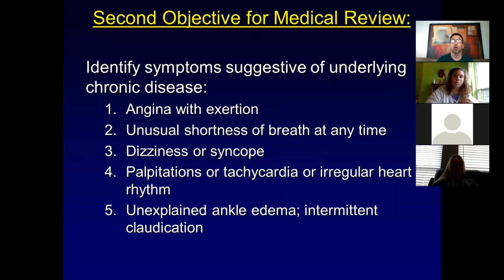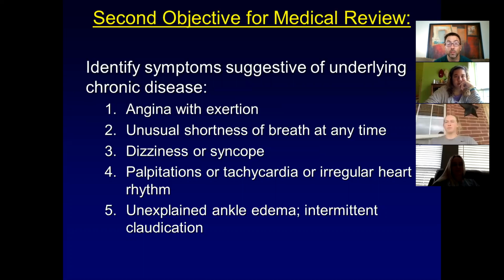Now let's say they do not have a diagnosed disorder. They've gotten through that first part. The next set of questions are going to ask about what we call signs and symptoms. Maybe you don't have diagnosed cardiovascular disease, but maybe you have these signs and symptoms of cardiovascular disease, and that means that you probably do have it, it's just not been diagnosed yet. So again, if people have any of these signs and symptoms, they're going to be considered high risk.